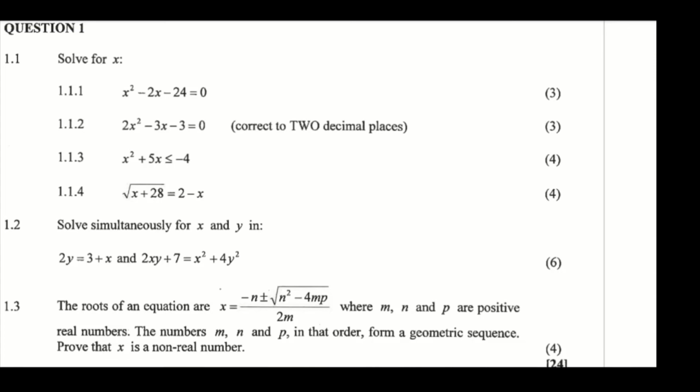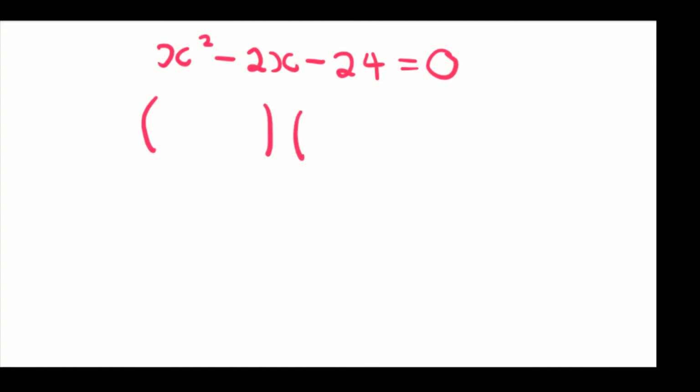Going to do question 1, where we are asked to solve for x for these problems here. So 1.1.1, we're having x squared minus 2x minus 24 is equals to 0. So the first step we're going to do is factorize this problem here and equate to 0